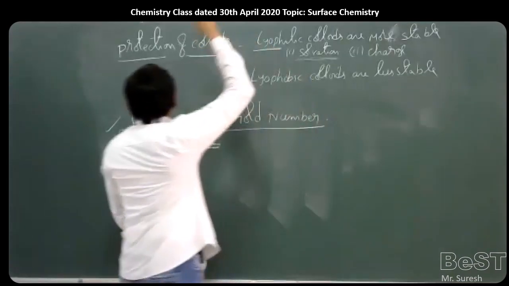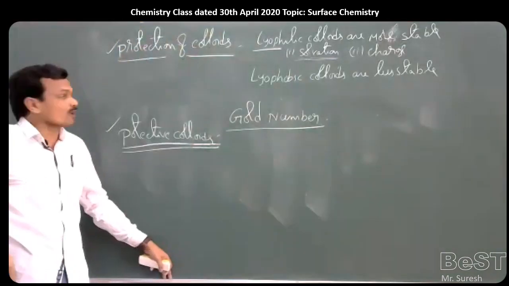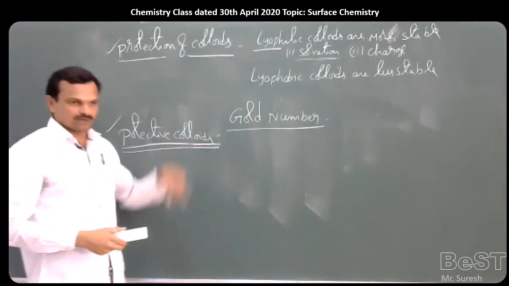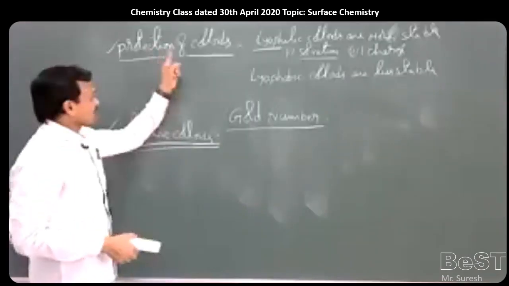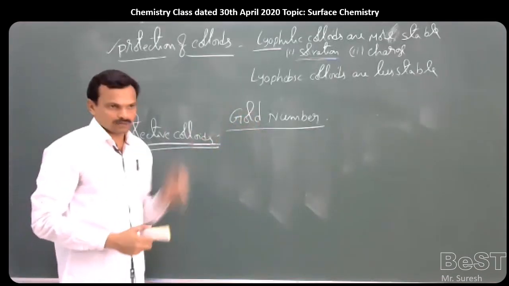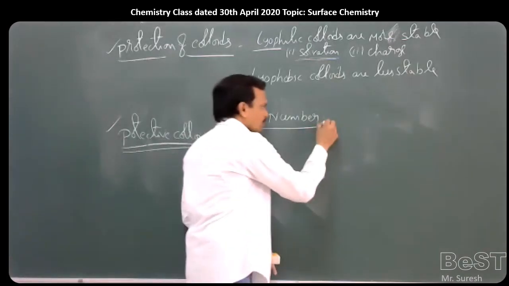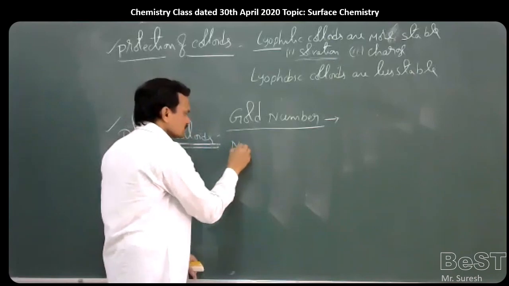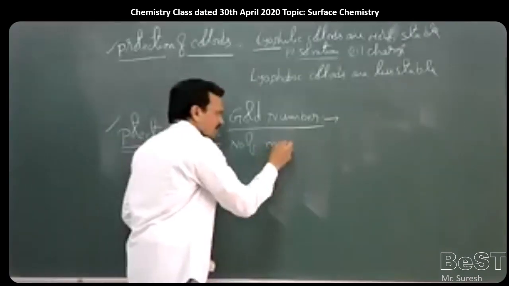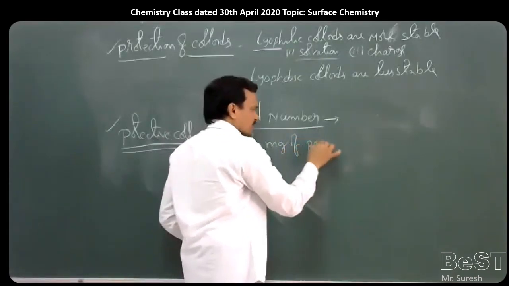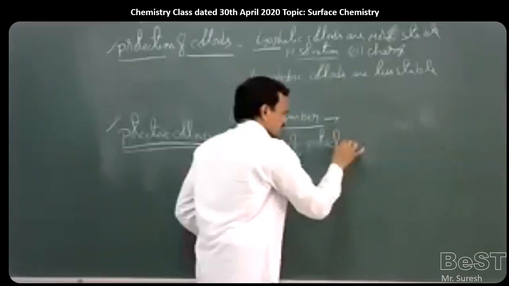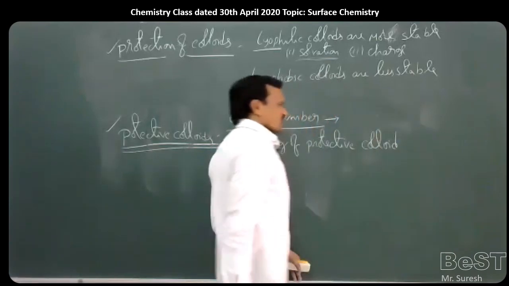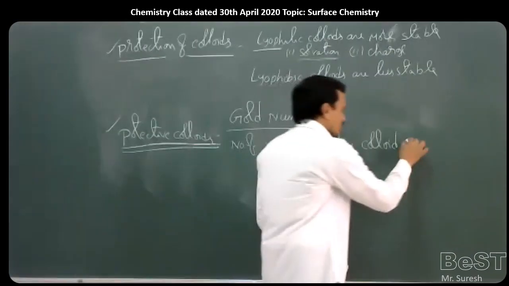See, in the earlier case, what we discussed, coagulation power can be explained in terms of coagulation value. Similarly, protective power can be explained in terms of gold number. Then what is this gold number? See, gold number is nothing but the number of milligrams of protective colloid required